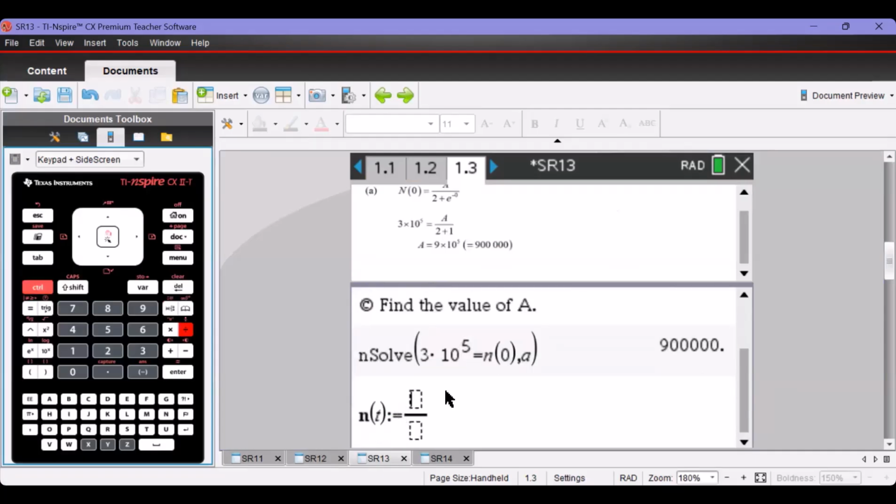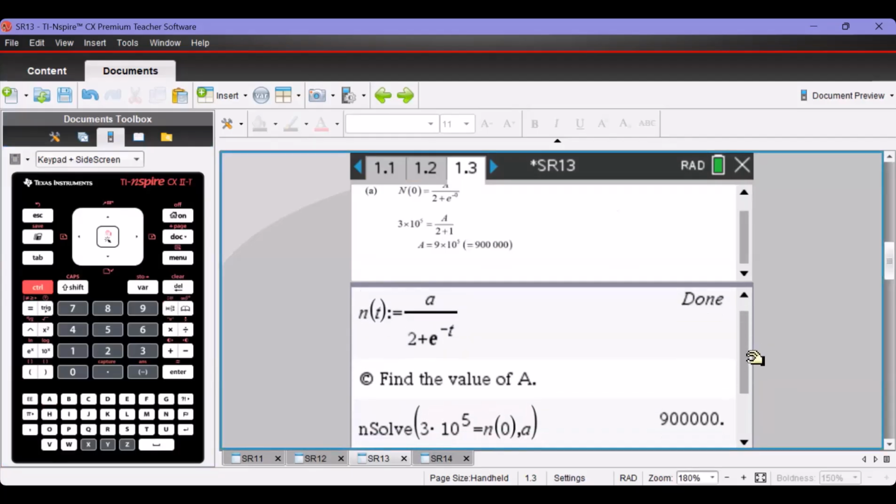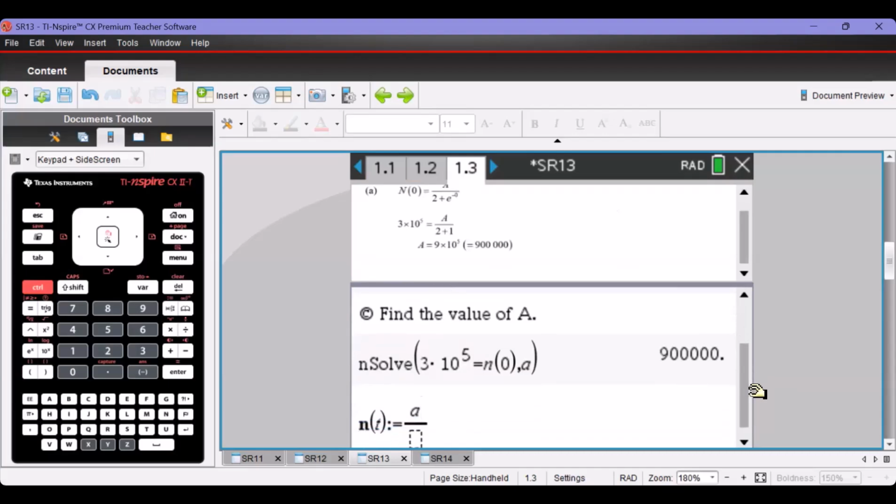Then we're going to type in A for the numerator. Notice that in the question, it's uppercase or capital A. You could enter it in, but when you press enter, Nspire automatically changes that to a lowercase a. So don't worry if there's a mismatch that you see here between lowercase a and capital A, both in the comments that I'm making on the calculator page and also back in the question. And in the denominator,